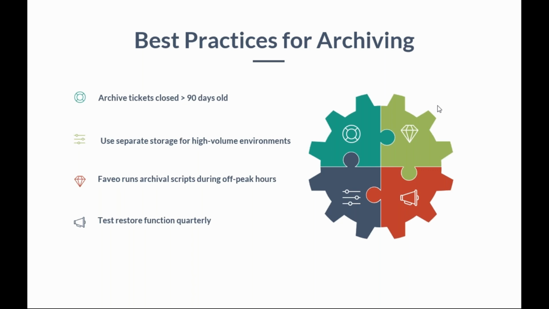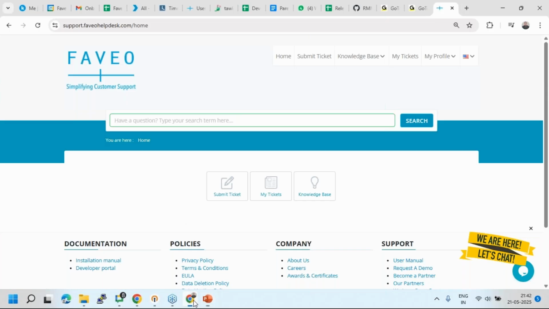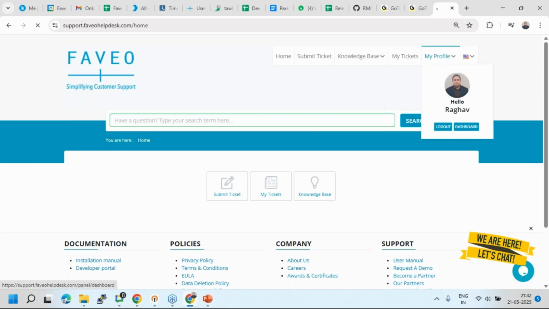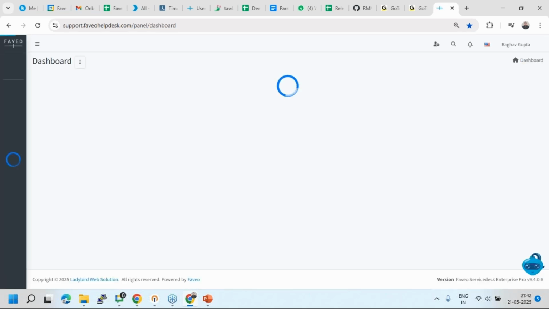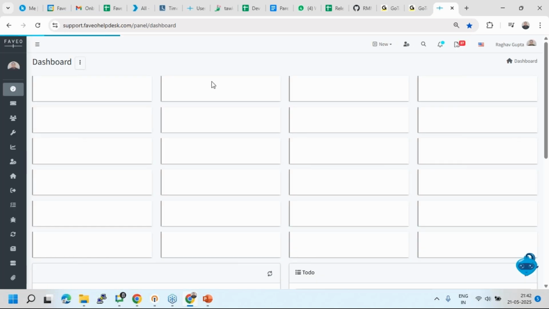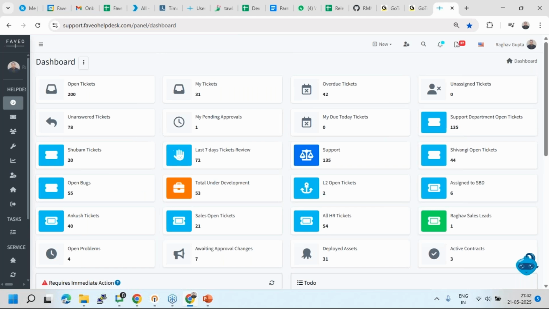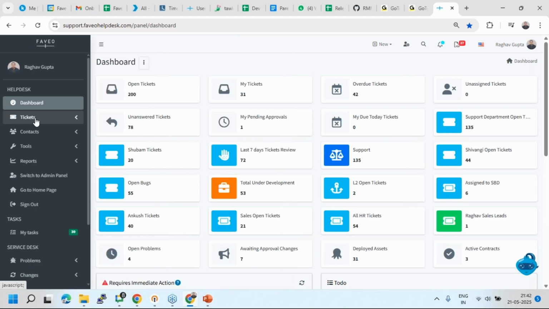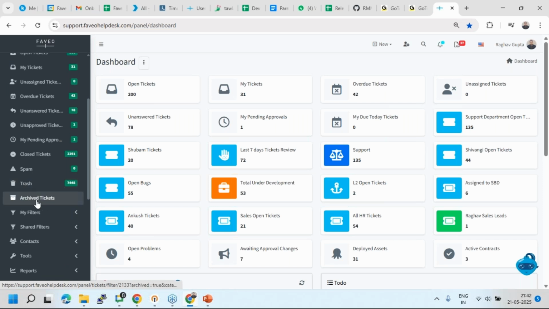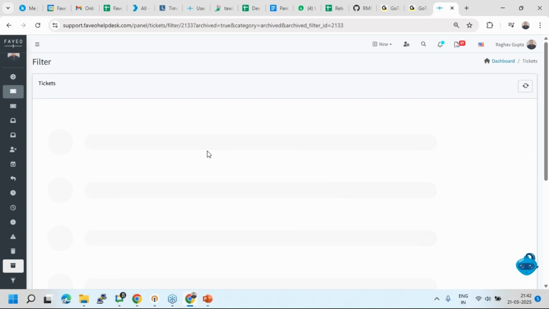Now let us go back to the Favio application and let me show you how this whole data archiving process is set up and how it works. Currently I am on the Favio Helpdesk homepage. Since I am the admin in the system, I would click on the dashboard and move to the agent panel. We have enabled archiving in this particular instance of Favio, and on the left hand side, when you click the tickets button, at the end you would be able to see the archive tickets section. Once clicked, you can see